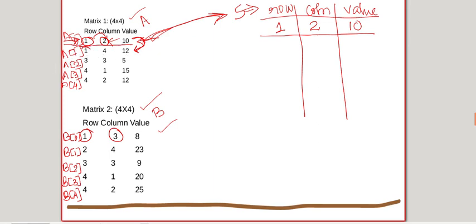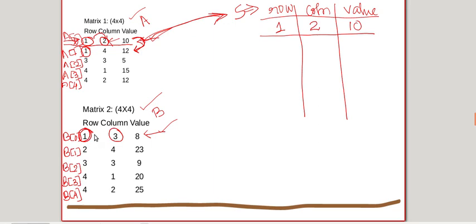Take the row element of that array and check it with B's row. In B we are still at B of 0, whose row is 1. So compare these two elements. These two row elements are equal.